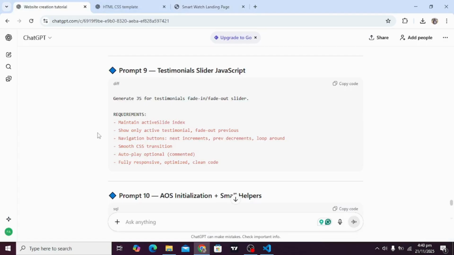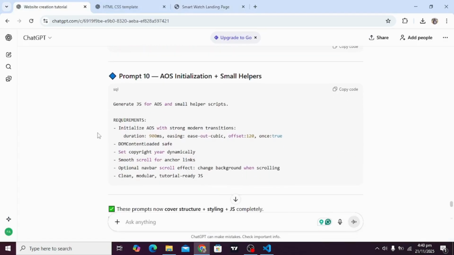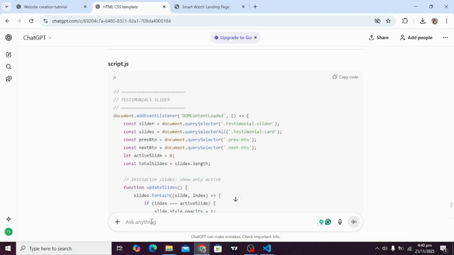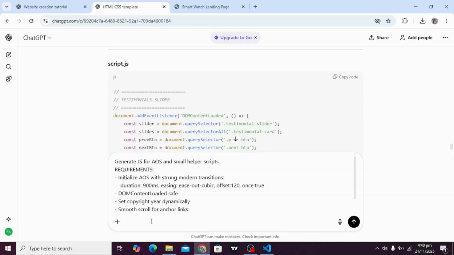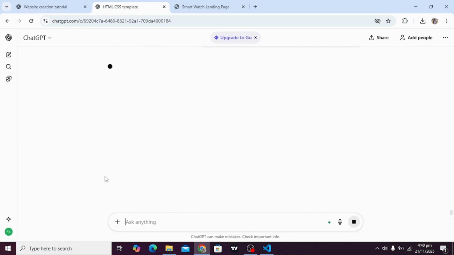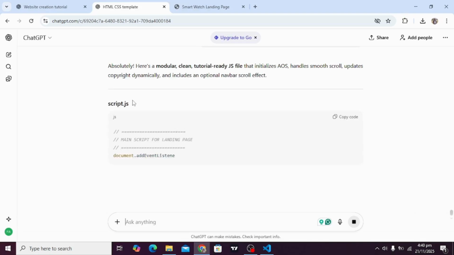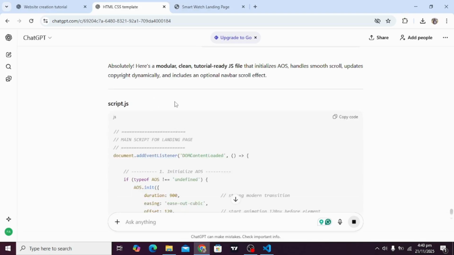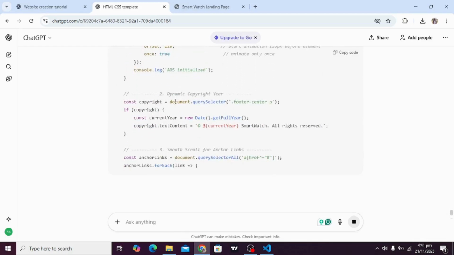So now let's move to the next prompt. Generate JS for AOS and small helper scripts. Copy this and paste here and let's see what we get. Here you go, script.js. It is writing our script.